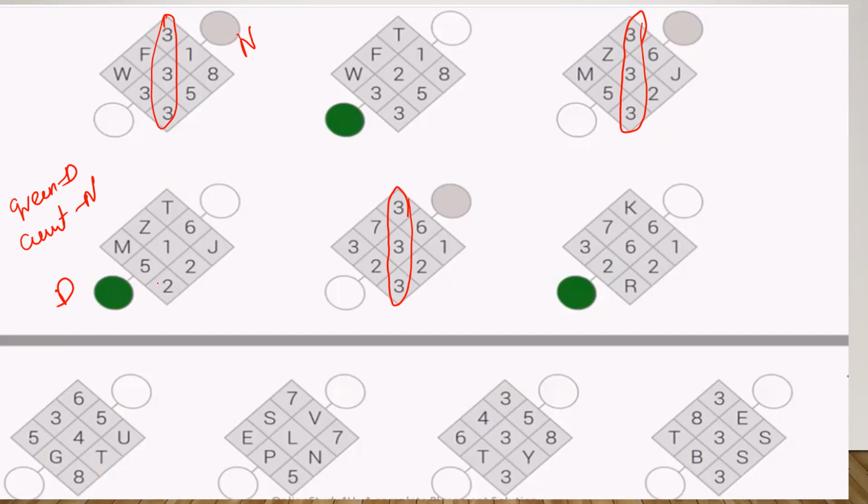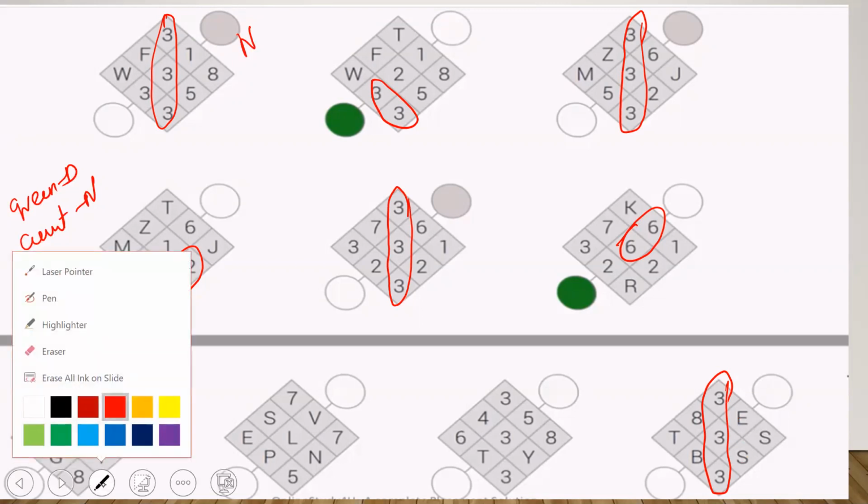Here if you see 2, 2, 2 times. Here 3, 3, 2 times. Here 6, 6, 2 times. I am not sure about this. Can be the pattern where one number is repeating twice. If you see any one number repeating twice... here you saw 3, 3, 3. Here you saw 3, 3, 3. Definitely this should be colored cement. So you can check